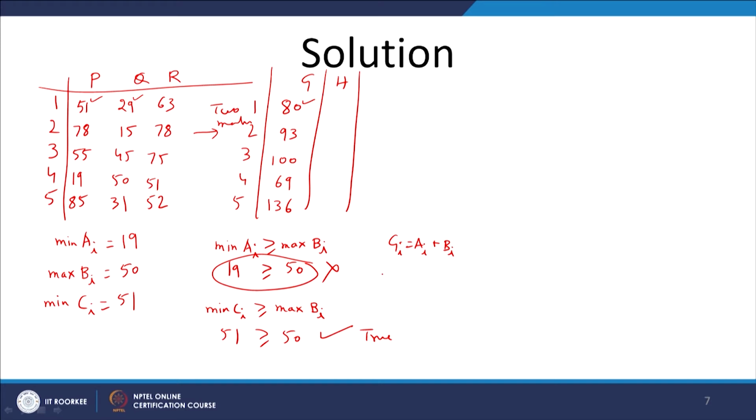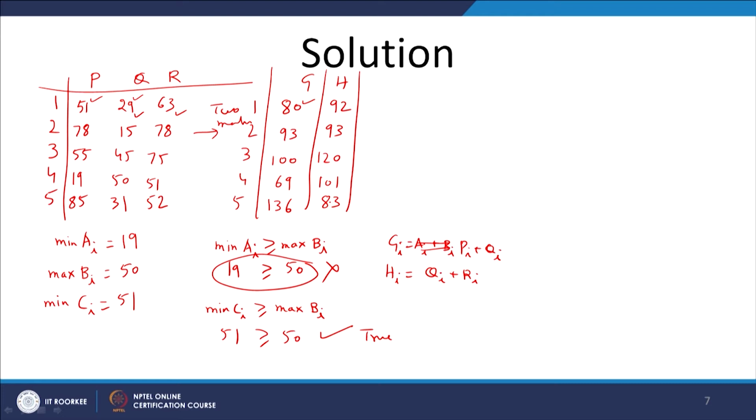Also, we have to get the HIs. Now, what is HIs? HIs is also obtained by, sorry, that is not AI BI, that is PI plus QI, and for HI we have QI plus RI. So, look at 29 and 63. So, what do you get? You get 92 and then you get 93 and then you get 120 and 101 and 83.